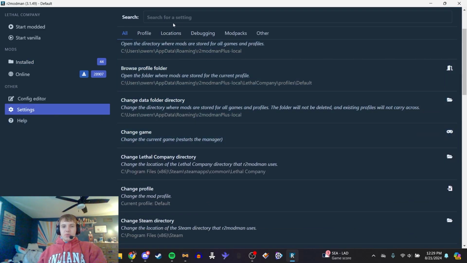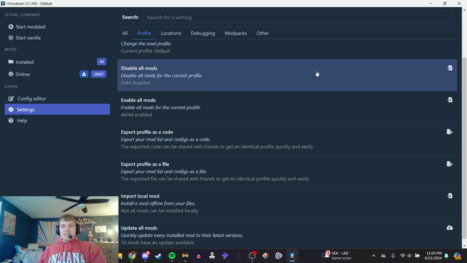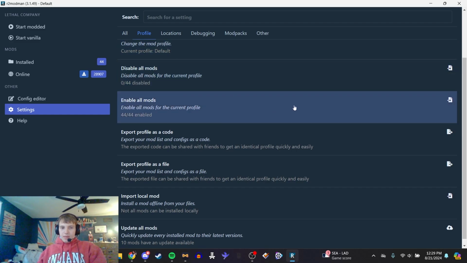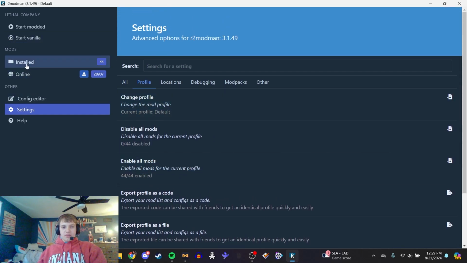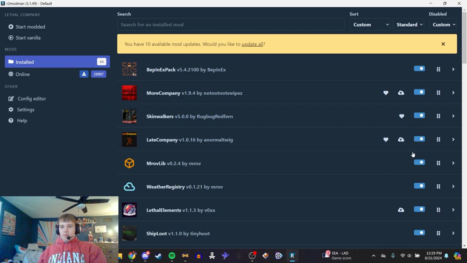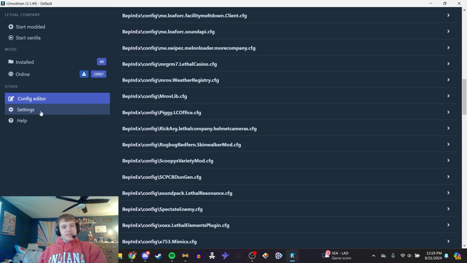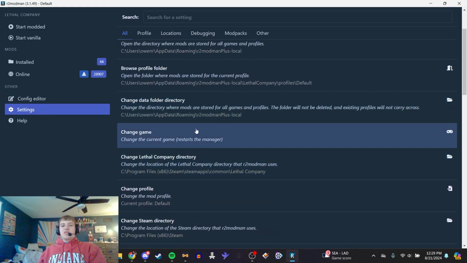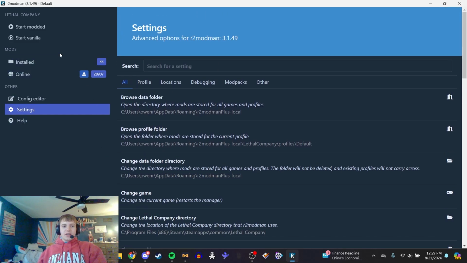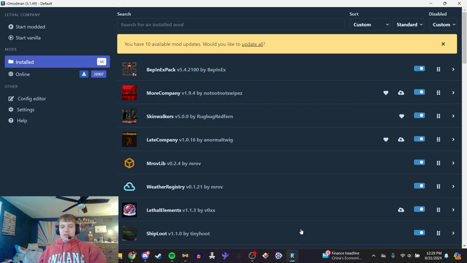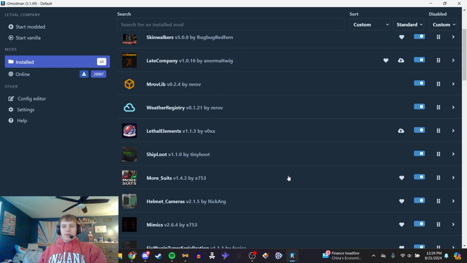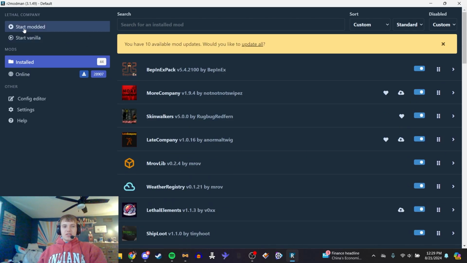And you can also here disable all the mods, enable all the mods instead of just going through and clicking these one by one by one by one. There's a bunch of config for some of the mods as well that you can mess with. I won't get into specifics because each mod is different. But yeah, so this is just the basic guide. You'll want this for any game that uses it. And once you have every mod that you want, you'll want to hit Start Modded,